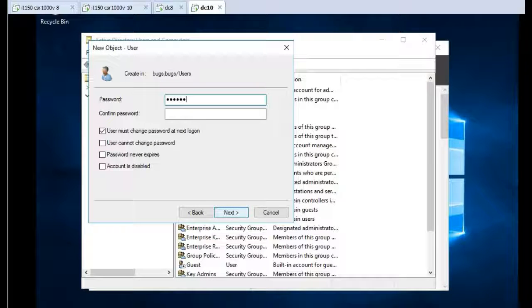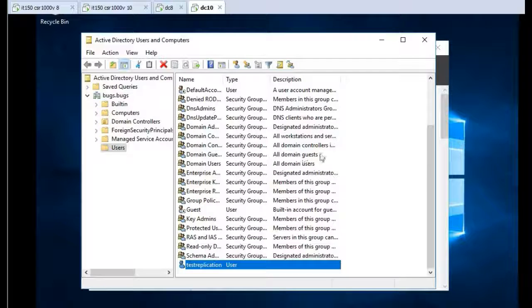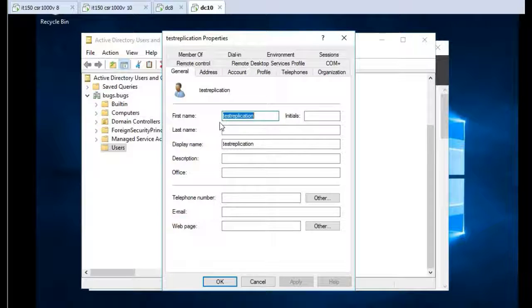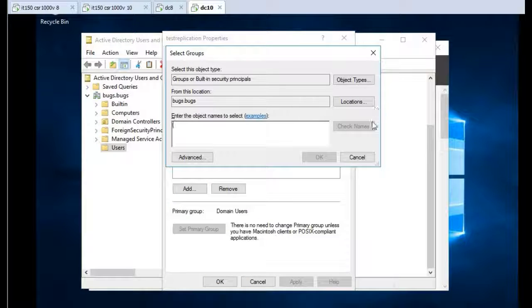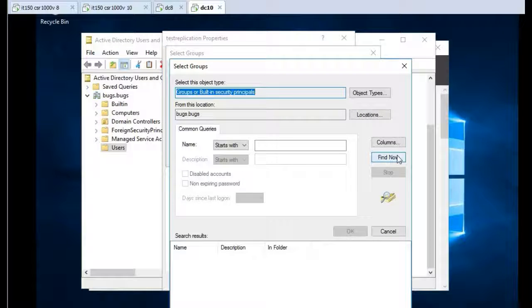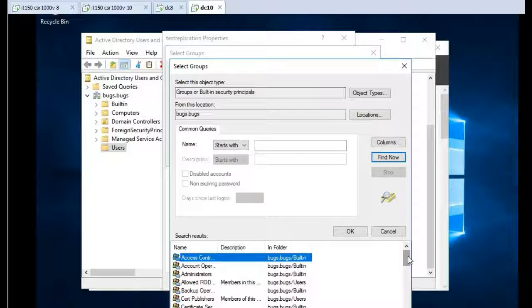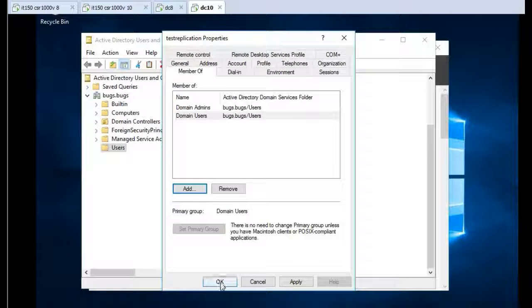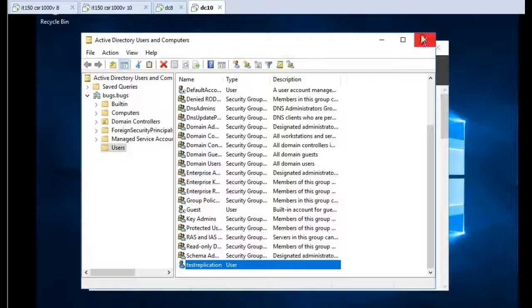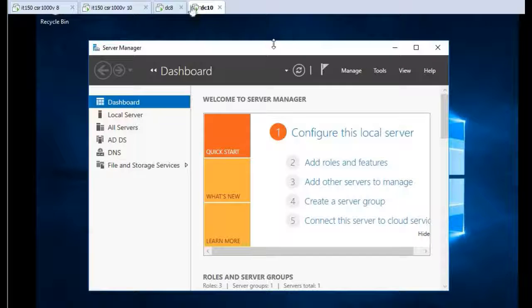The nice thing about this is this will prove that replication is working on all parts. And after we do this, I will show you guys a command line tool that you can use as well to make sure your replication is running properly. Okay, we've got to add him as a member of domain admins. It just seems to make this a lot easier. Then you can log him into the other domain controller without having any issues. So I'm going to do that real quick. Okay, so now he's in there, and we can get out of this domain controller